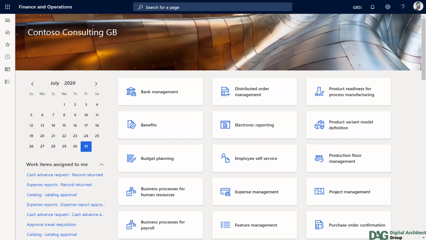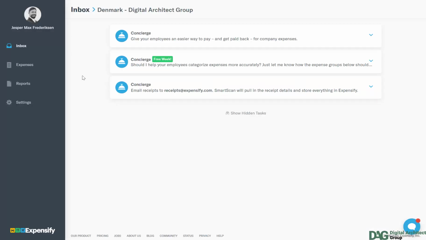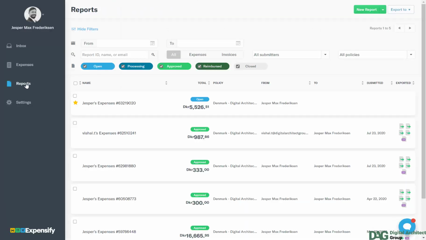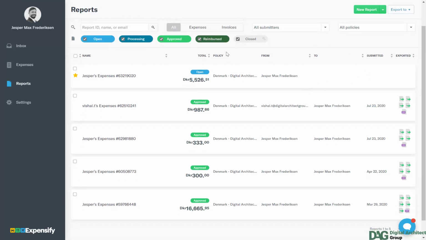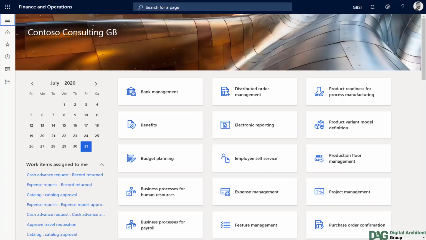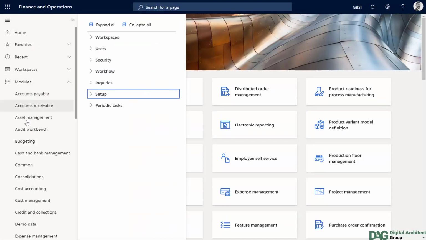So if you go into Expensify, then if I have a look at my reports, then in here we can see that I have a number of reports that are ready to be consumed, and I'll now go into D365 and activate the connection, and we should be able to see that our reports are being consumed in D365. So switching into D365, I'm now going to go to the list of modules,